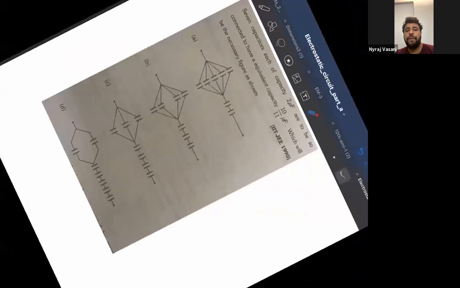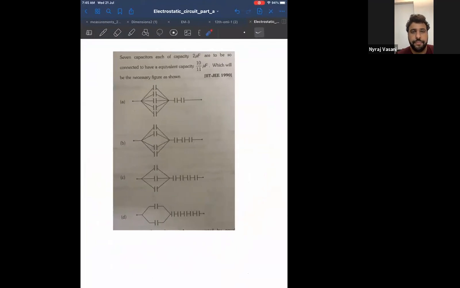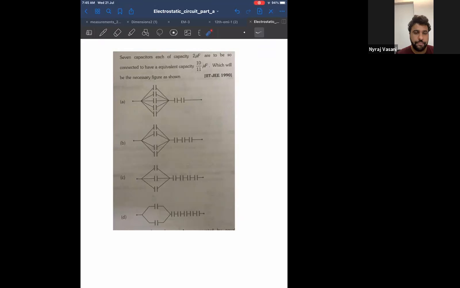Now tell me, what is the formula for capacitance in parallel? It adds up, correct? And in series, it is 1 by Cs is equal to 1 by C1 plus 1 by C2. So in the exam, we need to find the equivalent capacitance. Solve this circuit, solve this circuit, solve this circuit, and solve this circuit. But fortunately for us, if you solve this circuit itself, we'll get the answer as this. So Virali, Rajvi, and Hitri, if you've done the same way, then let me know. Okay, fine.